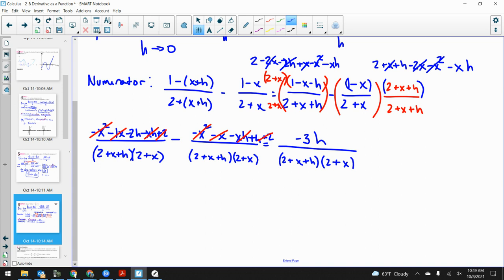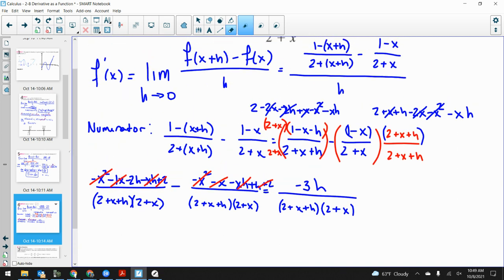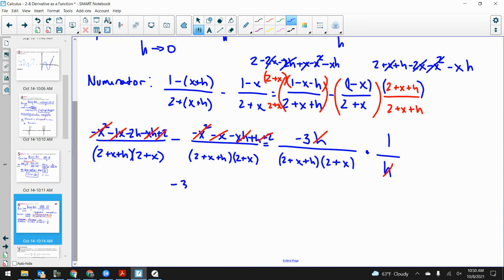Okay, so let's find the limit as h goes to 0 of this whole thing. Oh, that's still just the numerator. Thank you for a second, because I just saw that there. I was like, wait a sec, that h should cancel. Because look, this is all the numerator, and then I'm dividing by h, or in other words, multiplying by 1 over h. That h should not be there, because it should cancel like that. Leaving us with negative 3 over